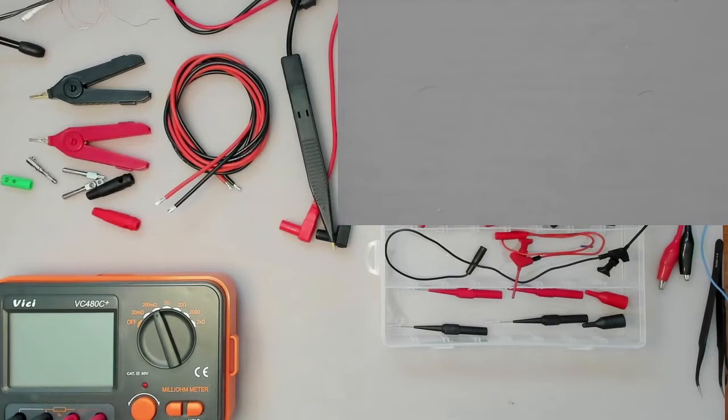Rated at 10 amps according to what's printed on them. And my desk multimeter actually has a 20 amp capability, so if I was ever going to measure more than 10 amps, I'd have to find something better to use, and indeed one of those here has got 20 amp ratings. The second ones that I have that I showed you are these,